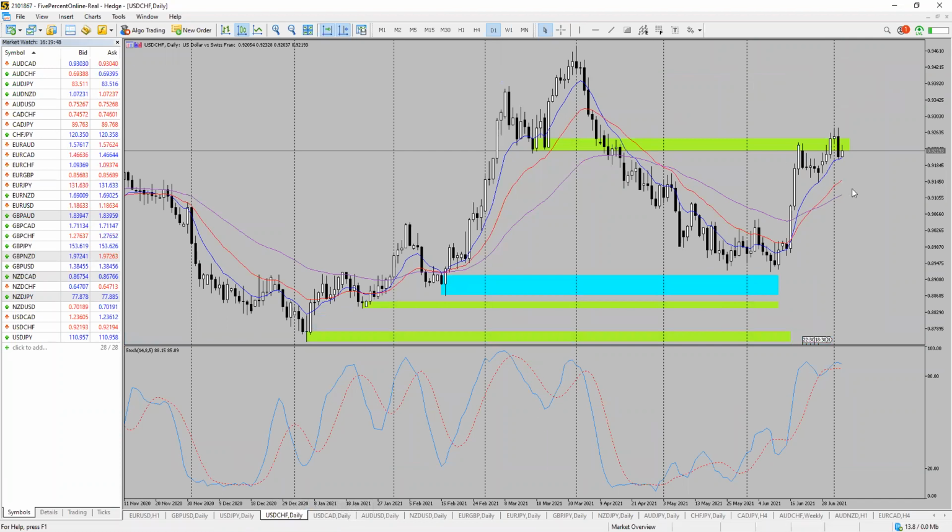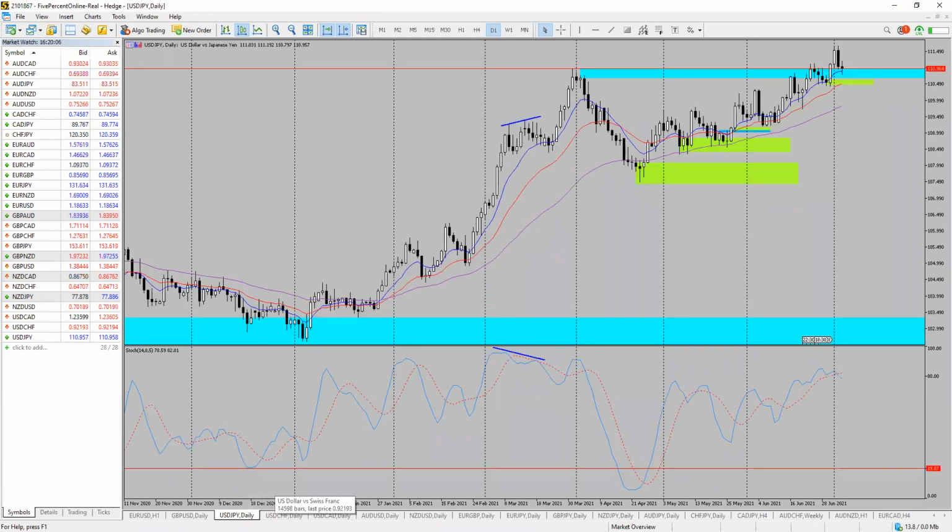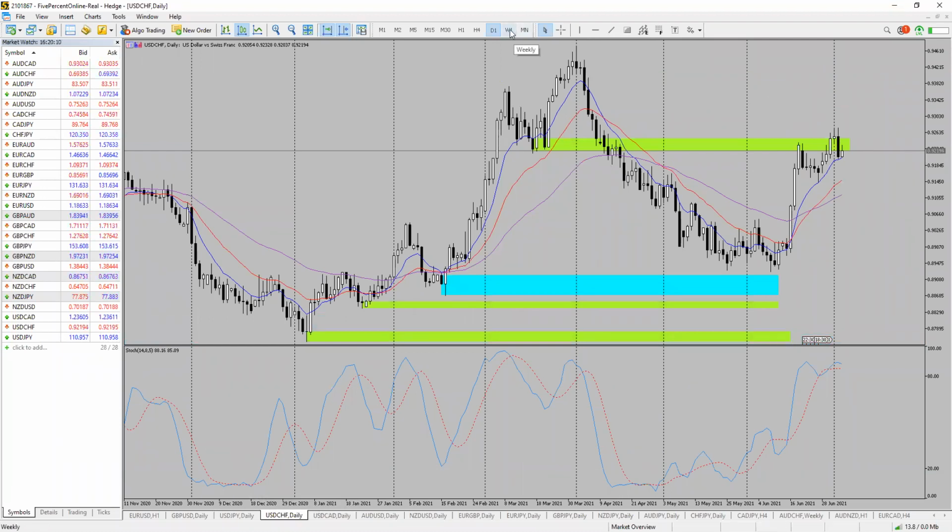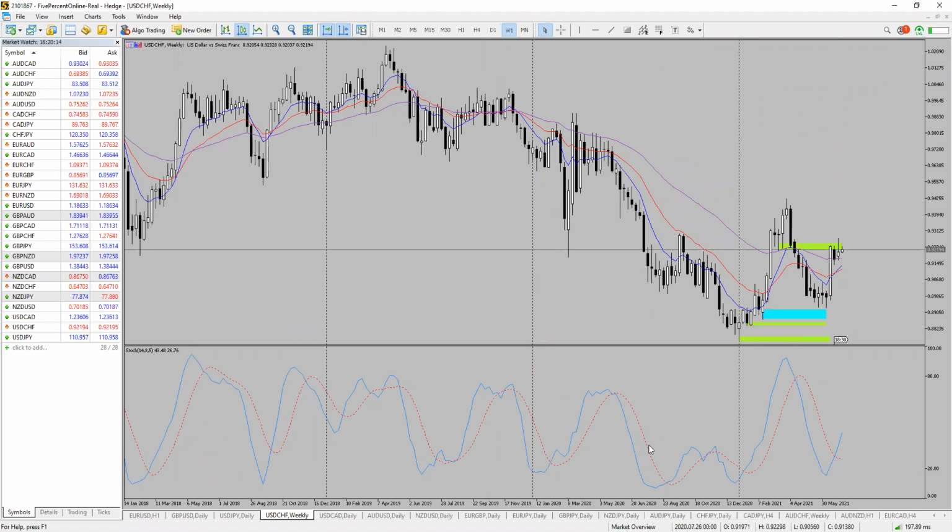So same here with the dollar Swiss in this case. Here there's more weakness. You can see this bearish engulfing candle, and you can see that even though it broke above the previous high, it broke down below. While with the dollar yen, it didn't do it. So here with the dollar Swiss, the Swiss looks stronger than the yen, which will make us wonder about the Swiss yen. But you can see that there was a false breakout above this area, this previous high, yet the very strong candle of the dollar Swiss from a few weeks ago